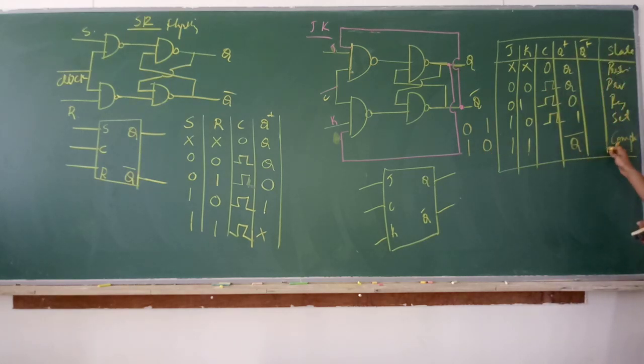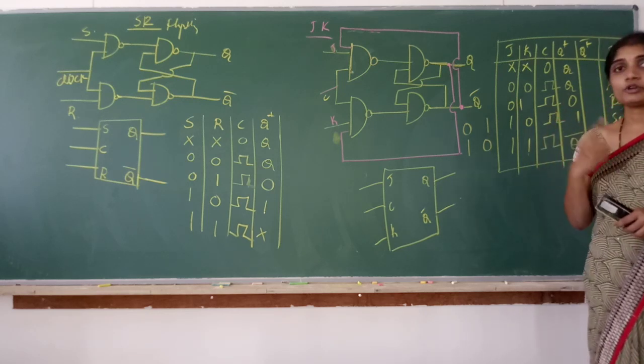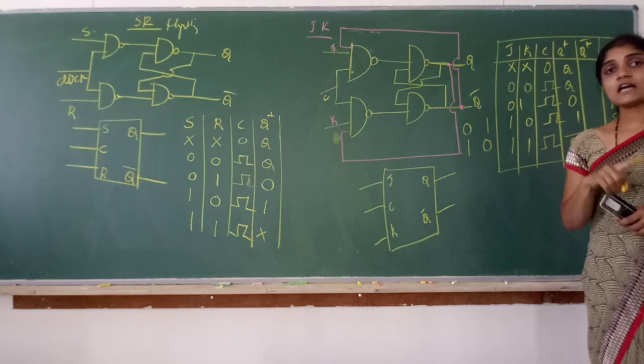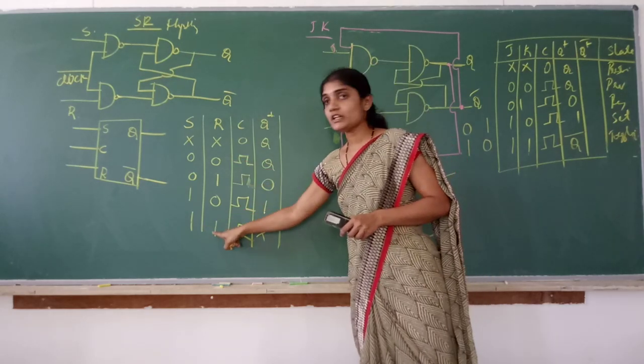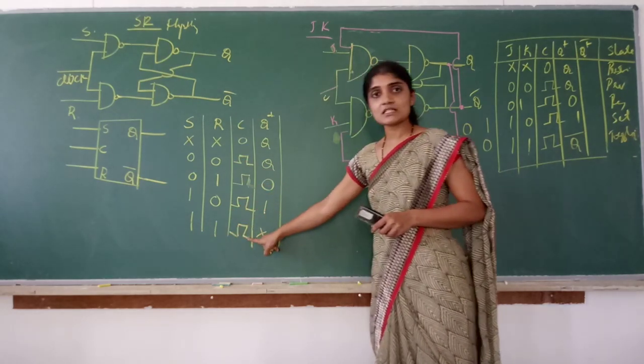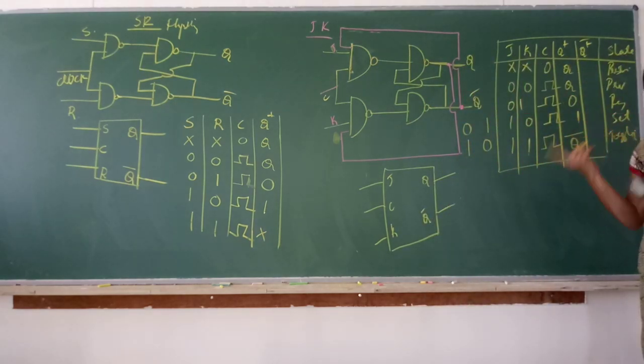So, since the next state is the complement of previous state, we tell when J is 1, K is 1 and when clock is high, the state of the flip-flop is toggling state. Toggle state. Generally it's a viva question in your lab, a very general thing that you have to know for a JK flip-flop. The difference between SR flip-flop and JK flip-flop is that SR flip-flop works the same except for the condition 1, 1. When S is 1, R is 1, it is metastable state. But for JK, when J is 1, K is 1, we call the state as toggle state. That means next state is the complement of previous state. That is very important.